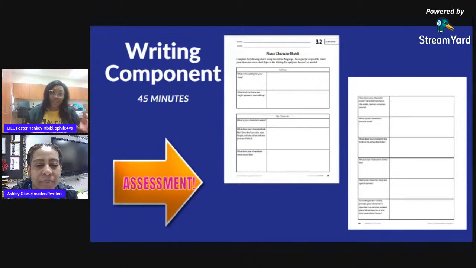So setting is going to be important to that. To that, yes. Plot. The teacher's going to refer back to their writing prompts, have a student read it, and then have them turn to activity page 3.2, which is here, and have a different student read the first question on that chart,